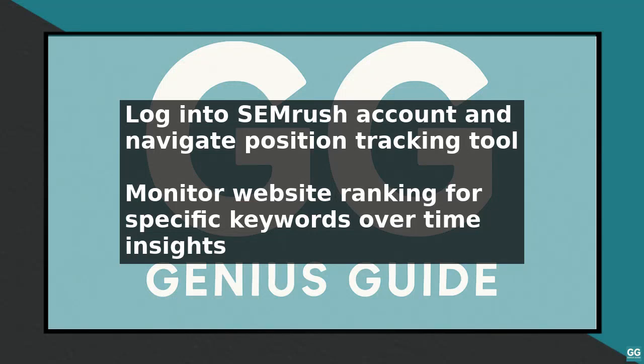To schedule Semrush position tracking, start by logging into your Semrush account and navigating to the position tracking tool. This tool allows you to monitor your website's ranking for specific keywords over time, providing valuable insights into your search engine optimization efforts. First, create a new position tracking campaign by clicking on the Setup button and entering your domain